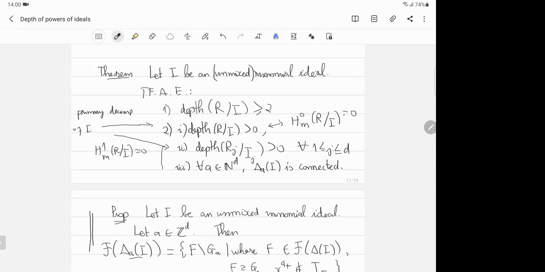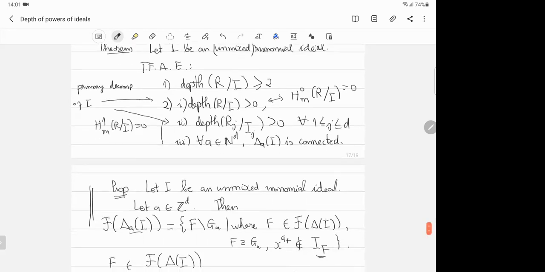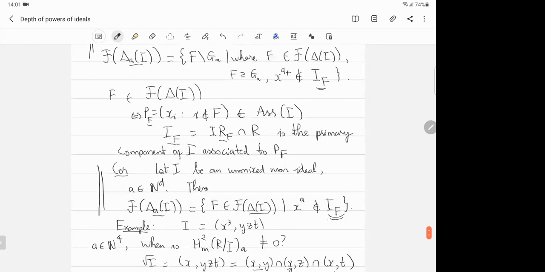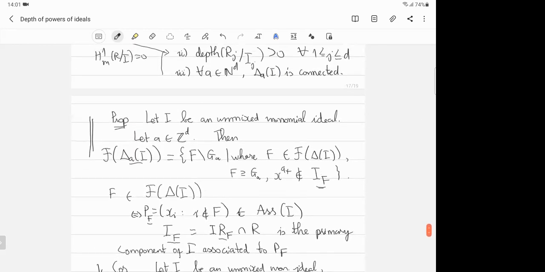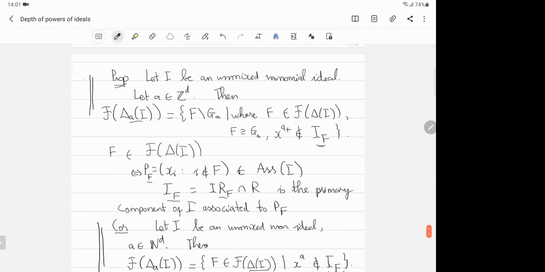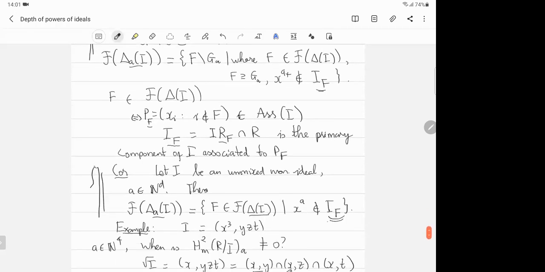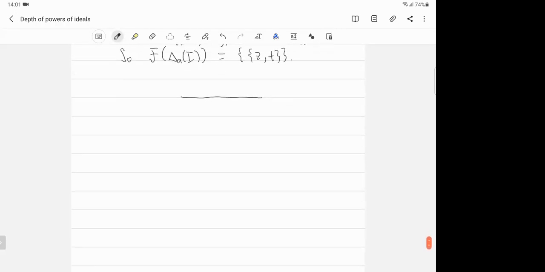And the third condition, the connectedness of this degree complex, you more or less can also do by combinatorics, because you know completely the facets of delta A of I, so you can tell when it is connected or not. And so using that, we have this theorem